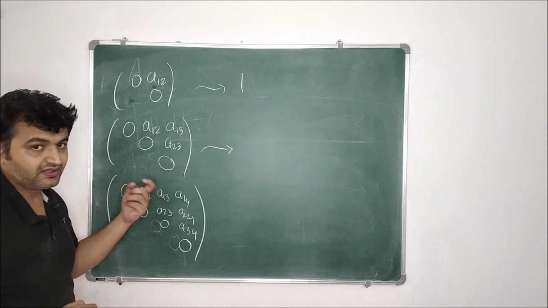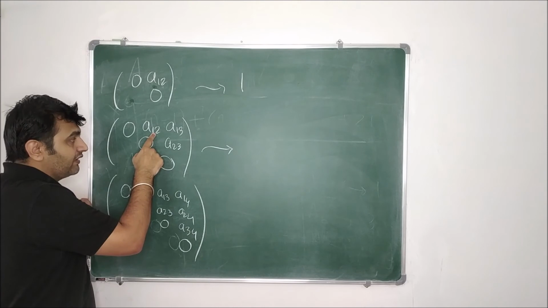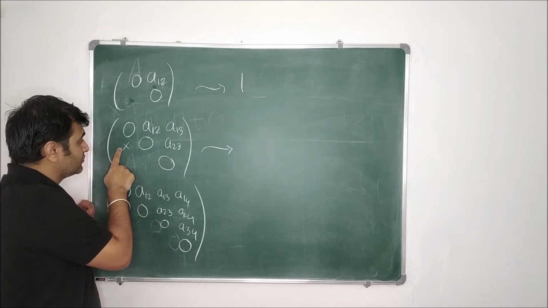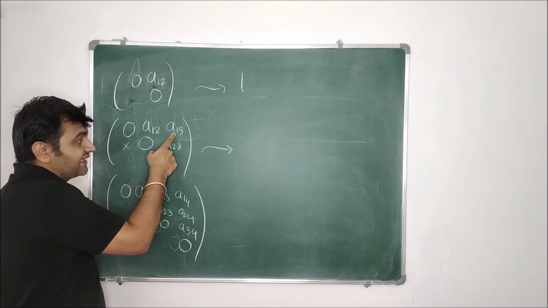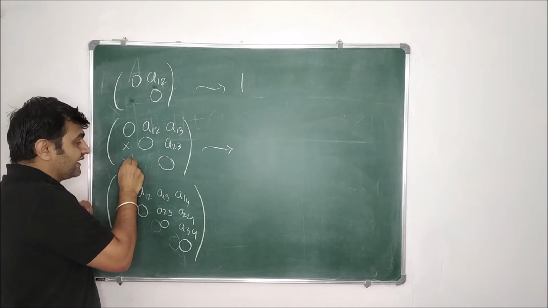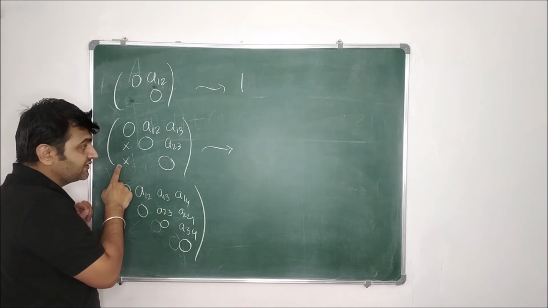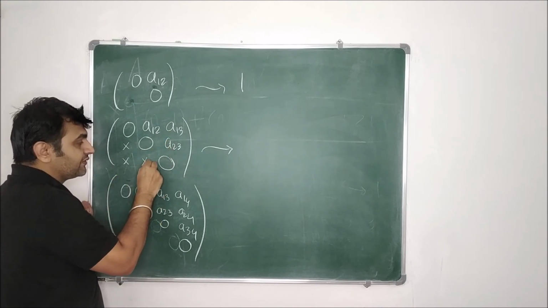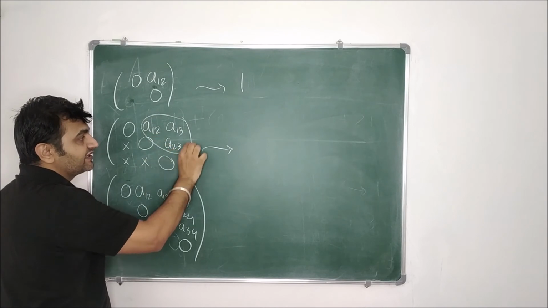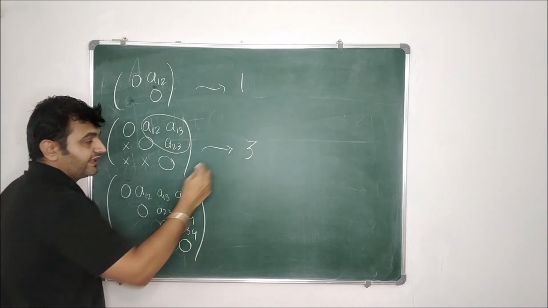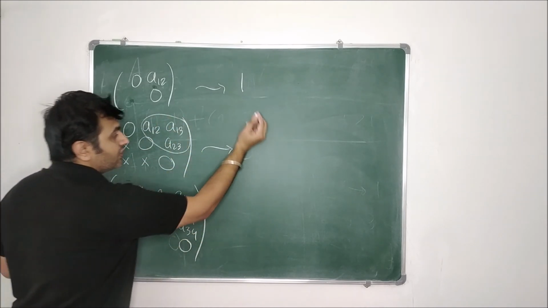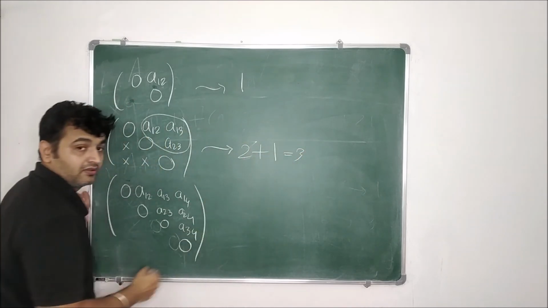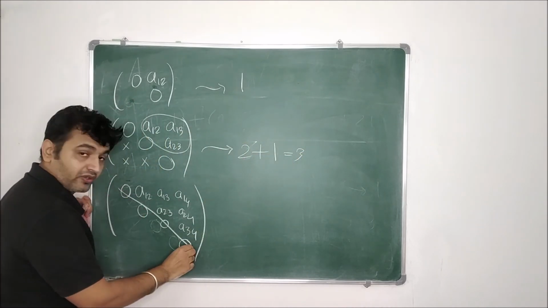Let's go here. The diagonal has no choice, they're strictly 0. Once I know A12, I have no choice. This has to be minus A12. So this is depending on this. Once I have A13, this is minus A13. Here also I don't have a choice. It is minus of this. So here also A23, this is minus A23. So I have only 3 independent choices. Therefore the dimension is 3. 2 on the upper diagonal and 1 on the upper. So 3.